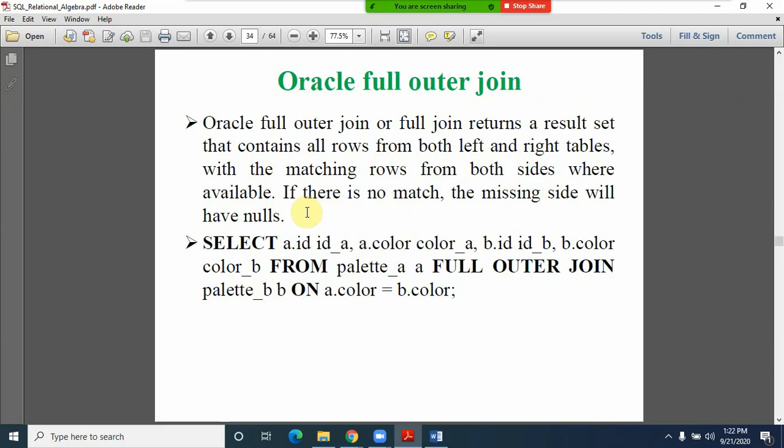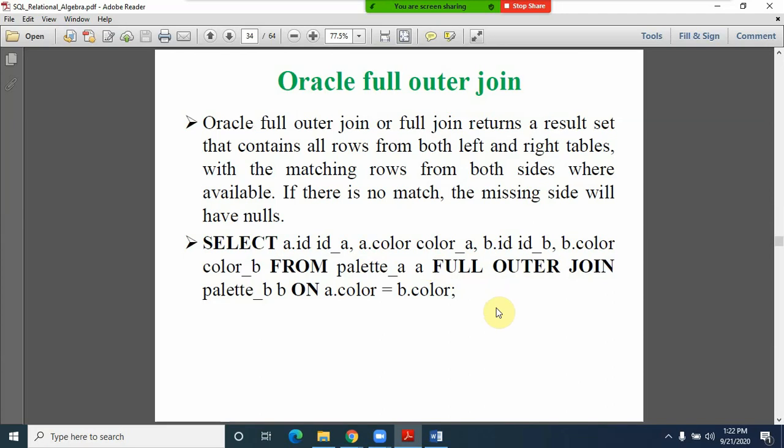Now if you observe, what is the query? There is no difference, friends, except that in the case of left we used left join, in the case of right we used right join, but here we are making use of full outer join, with the condition a.color equal to b.color.